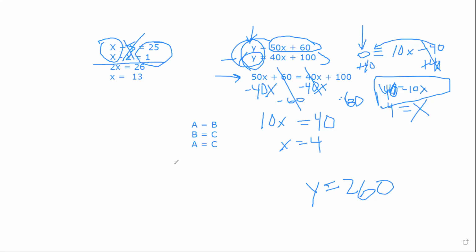And you could graph this too. And what it would look like, let's see, Y is 260. X is 4, Y is 260. That 260 is up here. You have the other guy's shop going this way. So you end up with an equation where the guy that charges $40 an hour ends up being cheaper if the repair goes more than 4 hours,